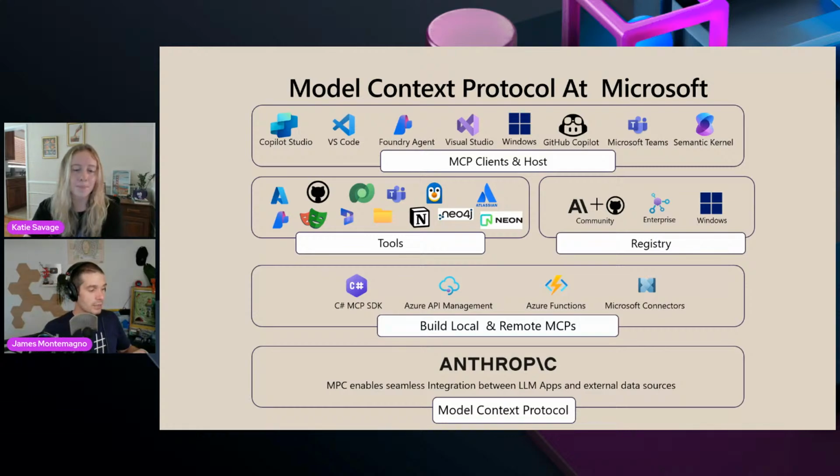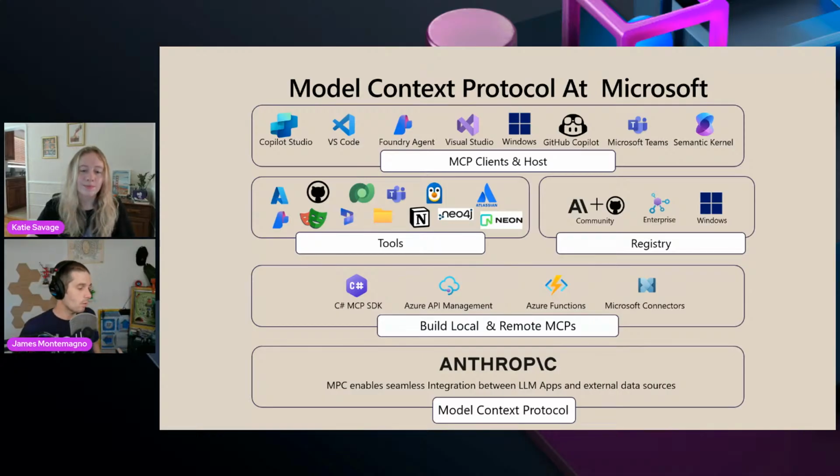We've announced standardization of registries for MCPs. And of course, you can build and deploy local and remote MCPs with things like functions or APIM, and of course, the C# SDK, all building on that foundation of the MCP protocol that was started and run from Anthropic and the sort of board of people that are on the MCP board in general, which is really awesome. So big investment across the board.